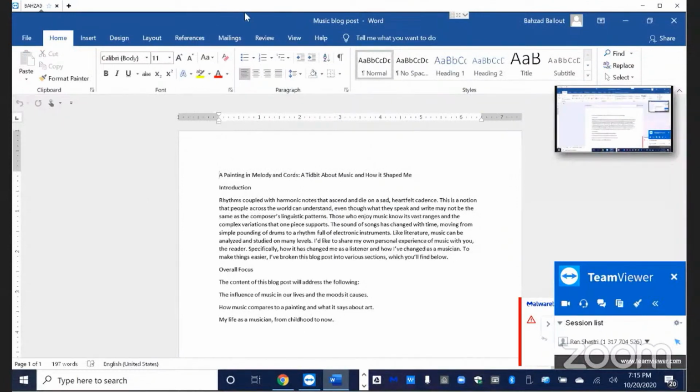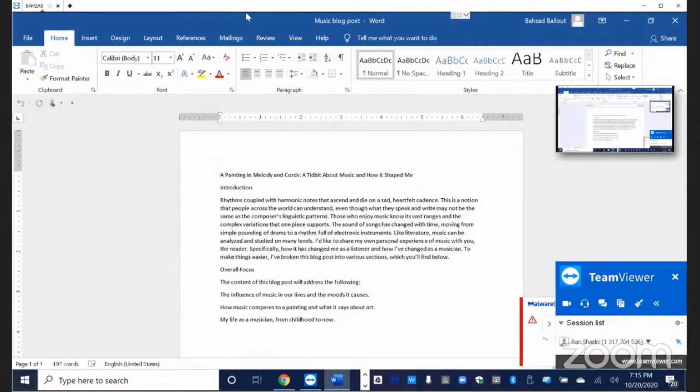So I went ahead and turned speech off on my end. Let me explain what we're about to do. I'm going to give you guys a quick example with the points that I already outlined, and you'll see how formatting works with an agent. Now I'm doing this via TeamViewer. Agent Ren already has my ID and password entered, so we are ready to begin the quest of formatting this